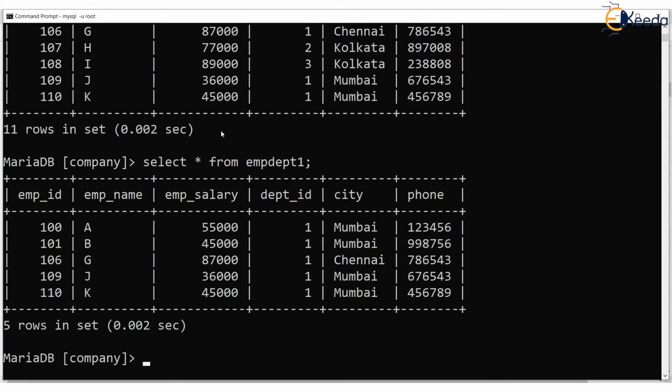Oh, that's great. Now this person 100 who has the name A has salary 55,000. Originally this view had 40,000 as the salary because the parent table had EMP salary as 40,000. So once you create a view, any changes made in the parent table will be shown in the view also.